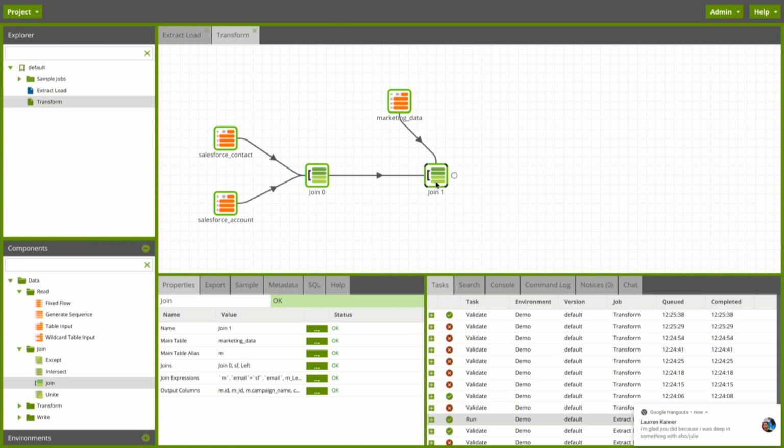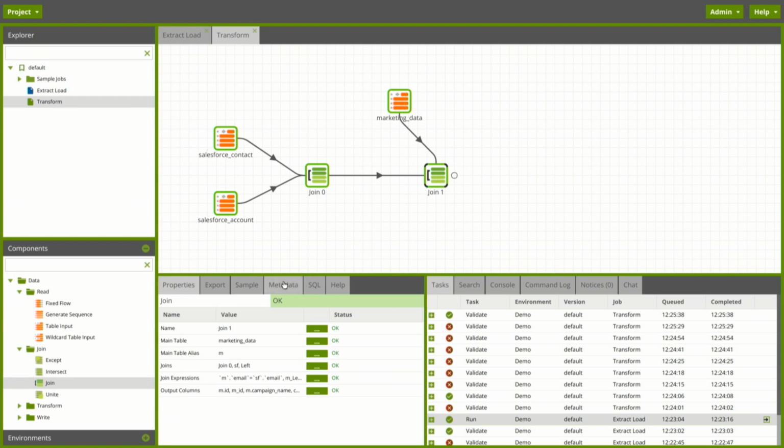Now I've done quite a lot of work at this point without really knowing whether any of this is working. Were those files really loaded from Salesforce? And we saw a preview of 50 rows of the marketing data, but what we really want to know is, have I configured everything correctly? Now what you'd normally do in an ETL tool is just run it, look at the output. When you spot a problem, go back to the beginning and run it again. We've got a little bit of a different flow here.